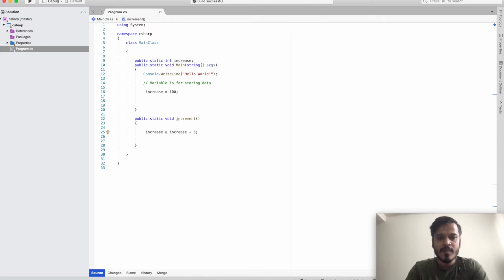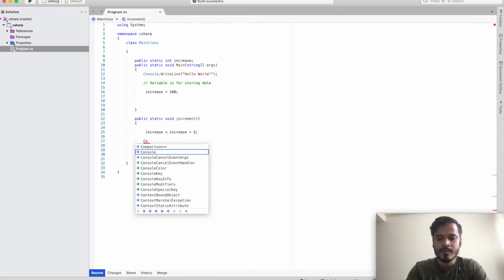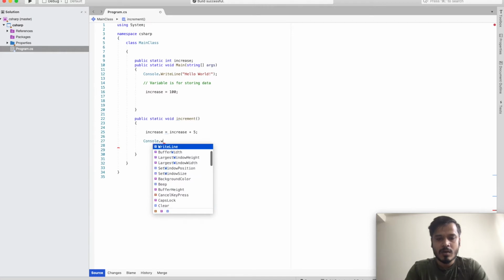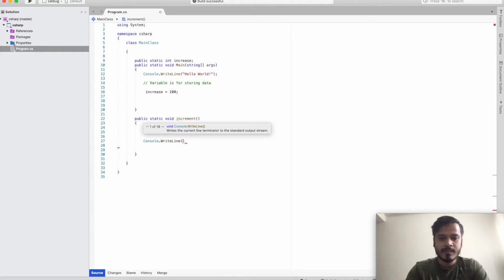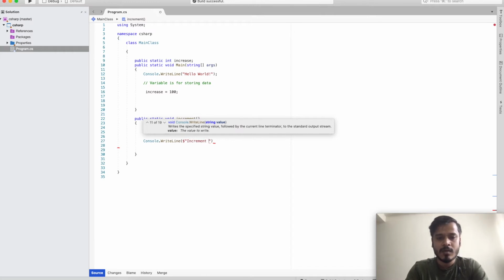Now say for example, I just want to print anything, and for that I will do Console.WriteLine, and I will open it with a dollar sign, and with that dollar sign I will enter any string, say for example, incrementing the variable, and I will just call that variable which I am incrementing.